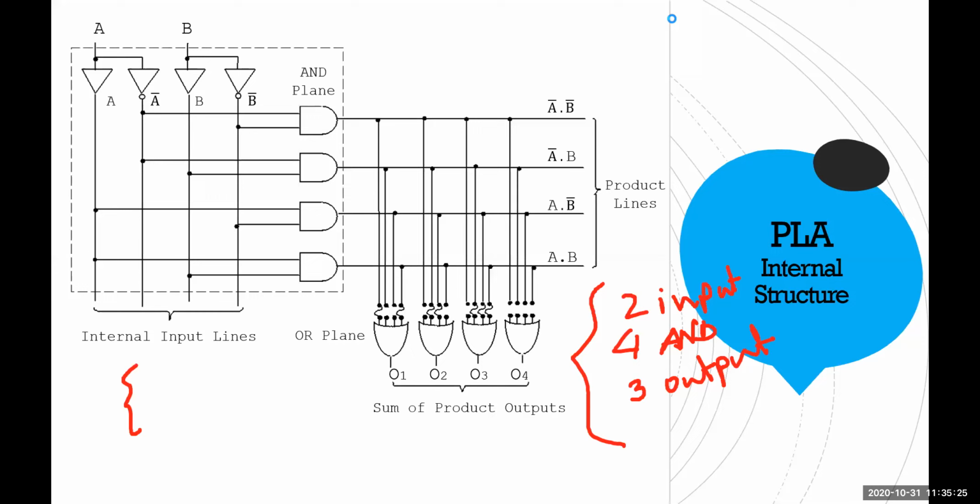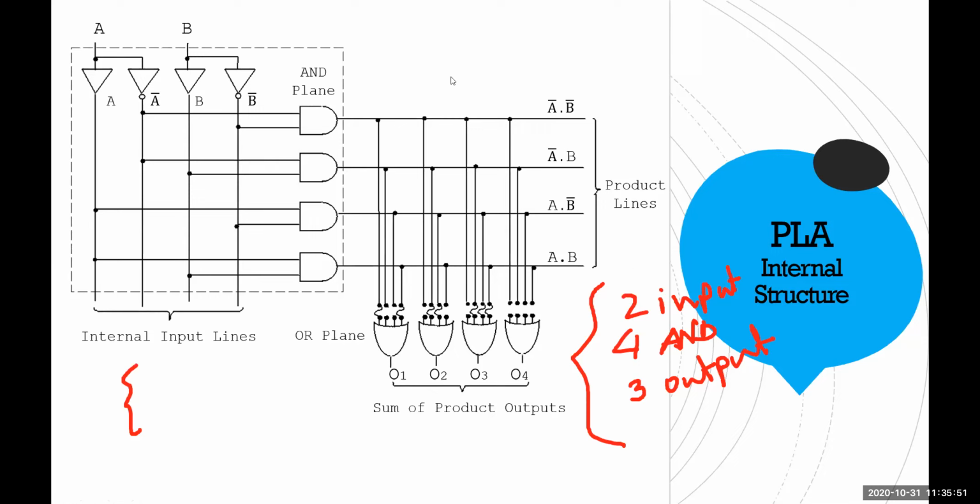Here we have chosen a PLA that has at least 2 inputs. So A and B, fine. At least 4 AND gates. So here you have 4: 1, 2, 3, 4. Okay, fine. If there were 5, 6, 7, 8, no problem. But if there were 3, it could have been a problem. But now we have 4. It's okay, fine. We need at least 3 outputs. So we have 4. It's fine.